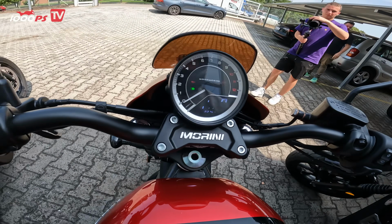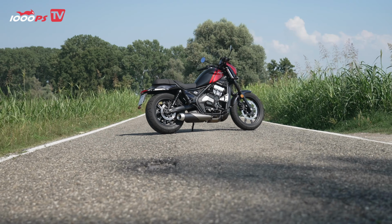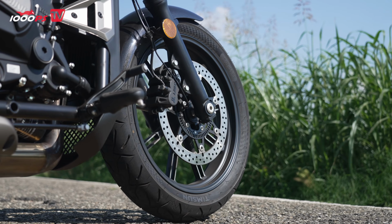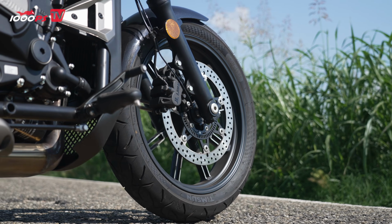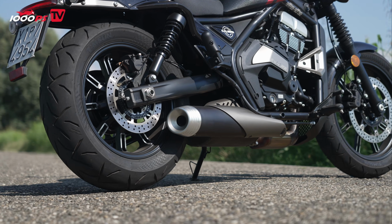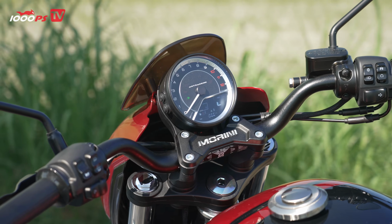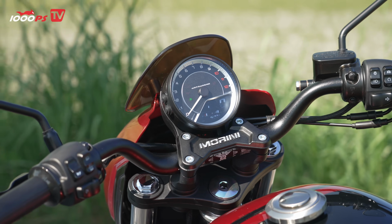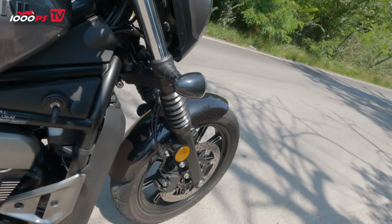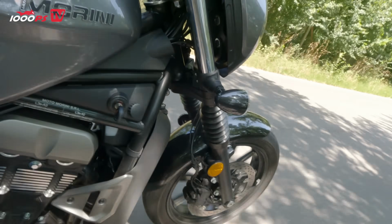Yes, the wheel dimensions of the Calibro. We have a 130 18-inch tire at the front, a 180 16-inch with a 65 cross-section at the rear, which is relatively unusual. But I would say that the standard tire is perfectly adequate for this vehicle. This is a Dim Sum, a Chinese tire. I've had less experience with it, but on the test lap today it was quite hot and the grip level was relatively okay. That's why I don't dare say too much now. But, and this is what I was getting at, a second dimension has also been homologated. That means we also have the 180, 70, 16 rear dimension,